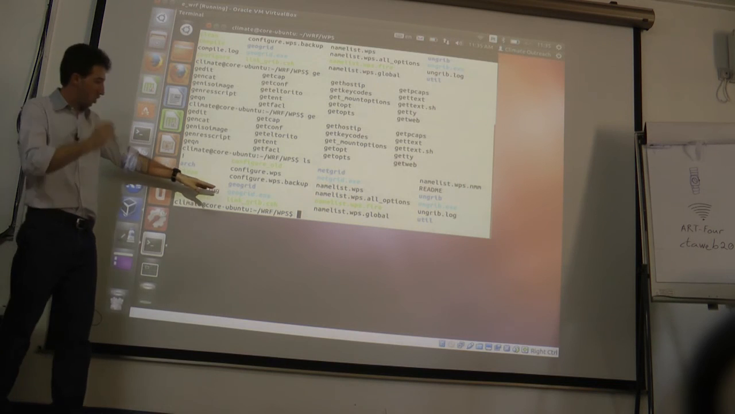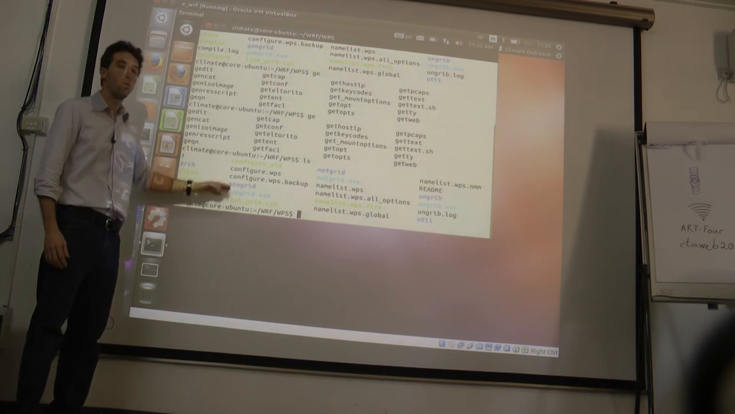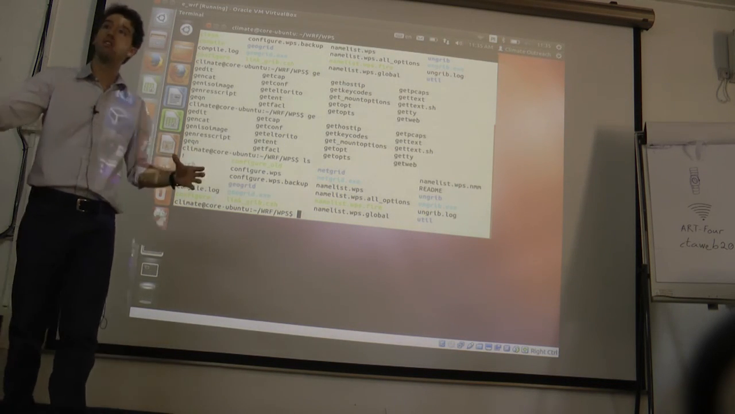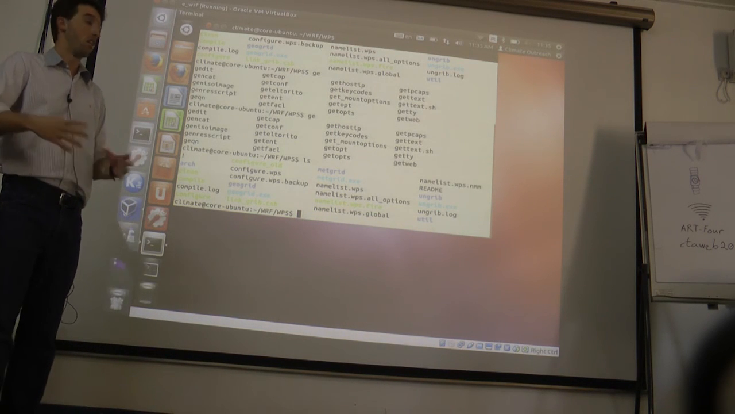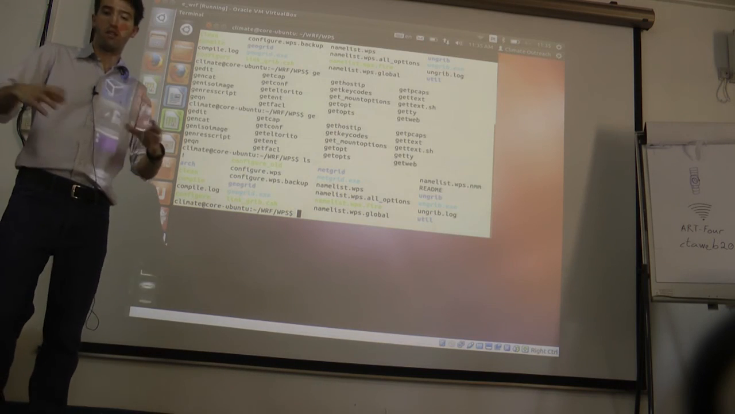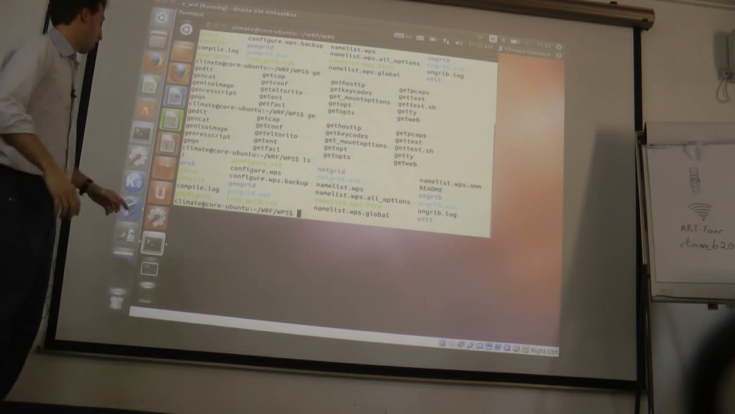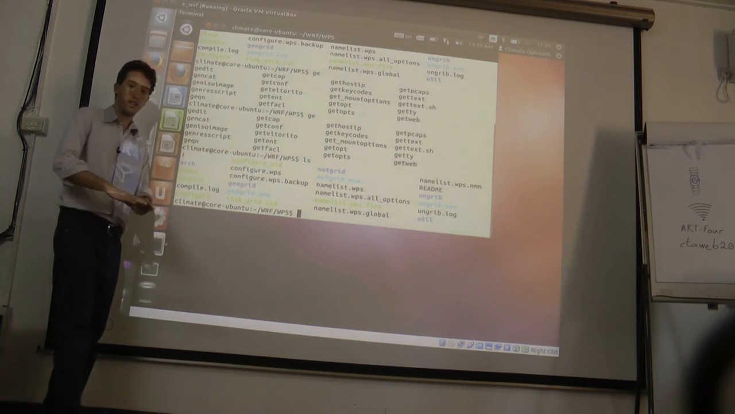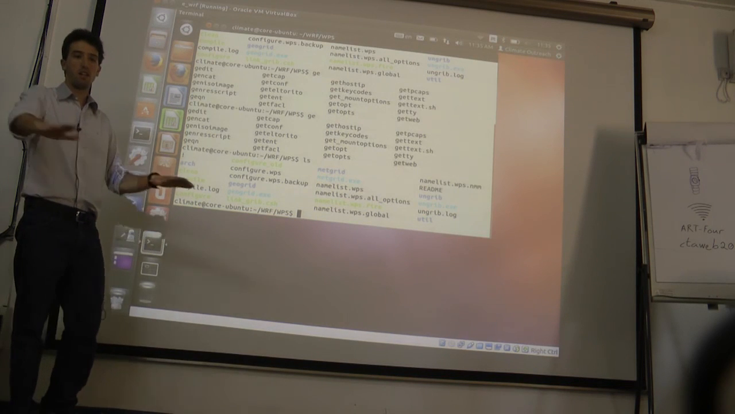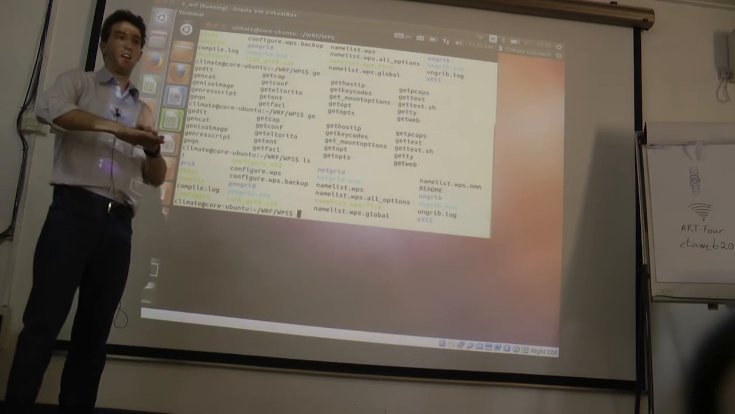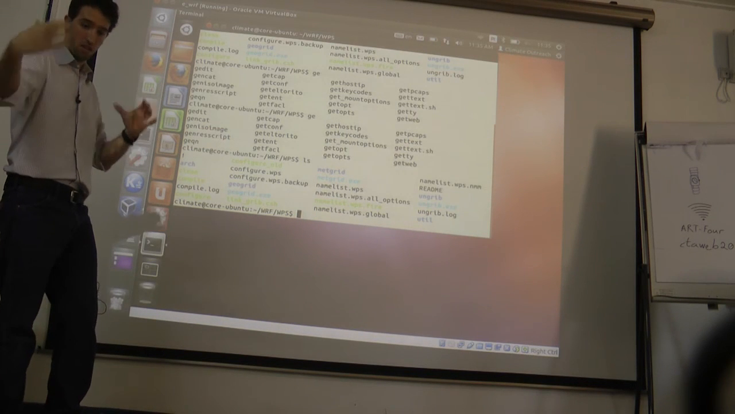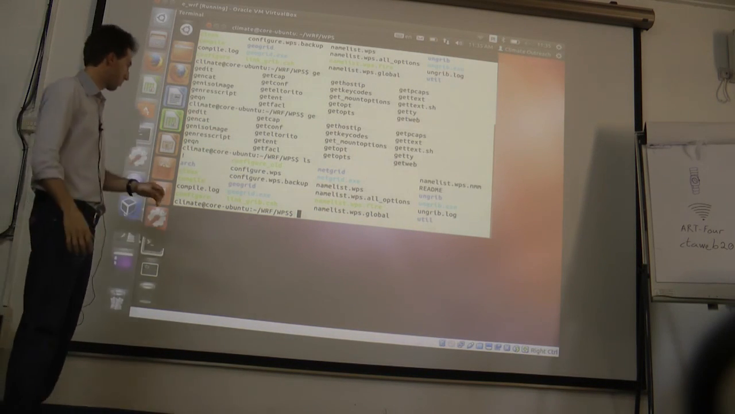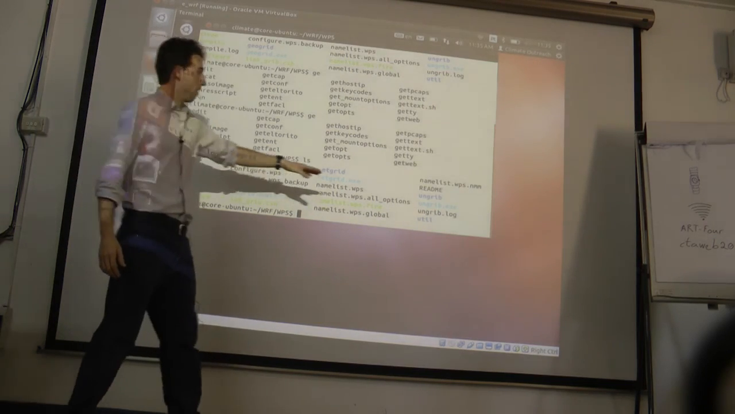So GeoGrid will create your domain. For example, you create a domain, and GeoGrid will create the terrain, the surface, and you will create your domain. The ungrib